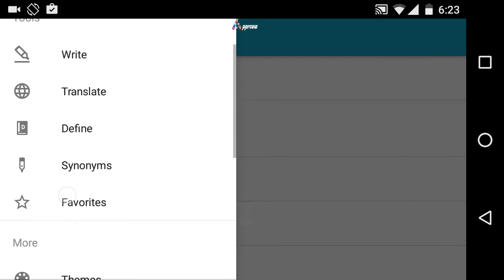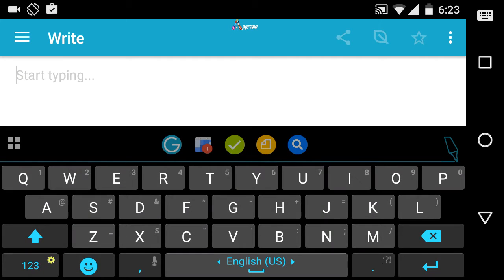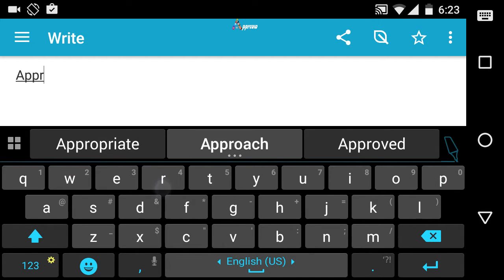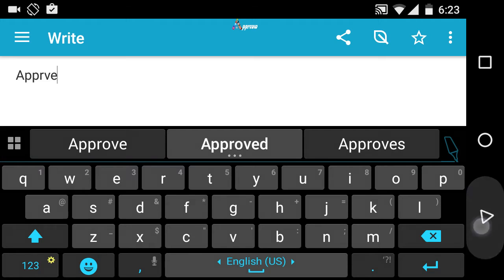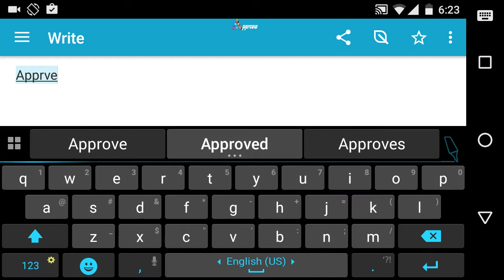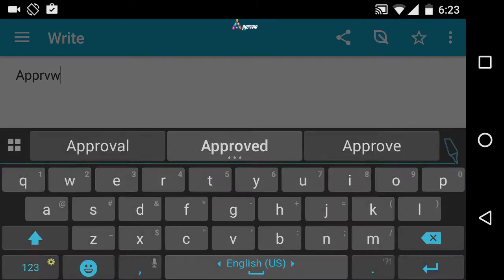Let us go for the right section again. Coming to the options at the top, we can share the text using the communication apps.